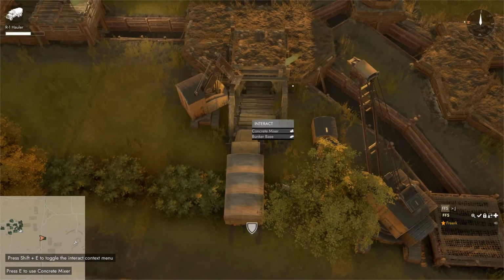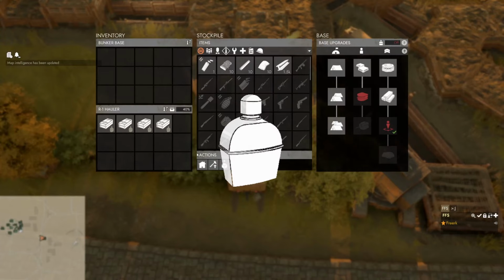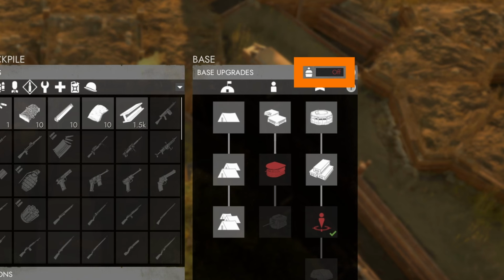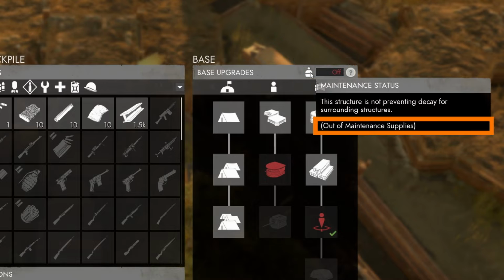Just like our sanity, our bunker pieces will decay over time. To prevent this, we can submit maintenance supplies into the stockpile of the bunker base. If we come to the bunker base in a truck with crates of M-subs and press E to open the menu, we can see in the top right the indicator for M-subs and its status. Hovering over it will tell us that currently our bunker base is not preventing decay because it is out of